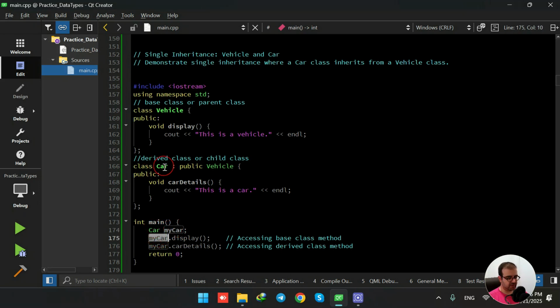Using the object of the derived class, we can access the function in the base class, that is display. So display is called using the object of the derived class car. Then using the same object, I'm calling the car details function, which is a function of the same class car, okay? So I create an object of the derived class. Using that object, I am calling a function from the base class, and also I am calling a function from the derived class, okay? So when I run this code,